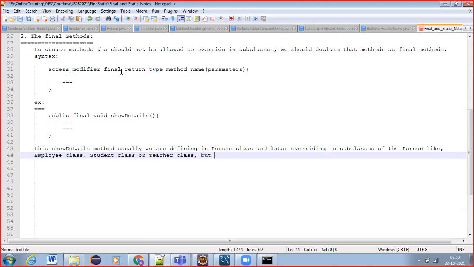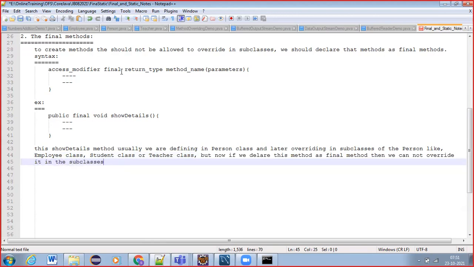But now if we declare this method as a final method, then we cannot override it in the subclasses.